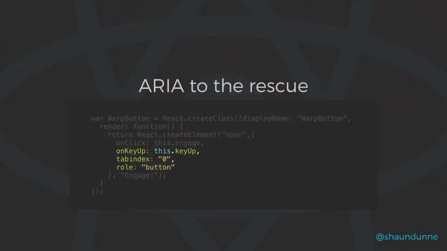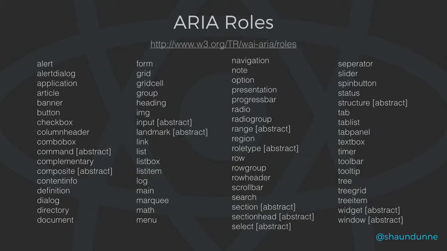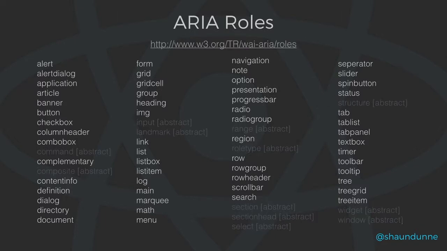You can actually use the ARIA roles list to find out what the actual expectations are for different types of roles. You can ignore a bunch of these because they're kind of behind the scenes ones. And if you visit the W3.org list, I mean, who's tried to read a W3 spec? It's not nighttime reading, well, it is if you want to sleep, but it's really useful. I think these ones are really useful. I learned a lot just from going through the list of the different types of roles.